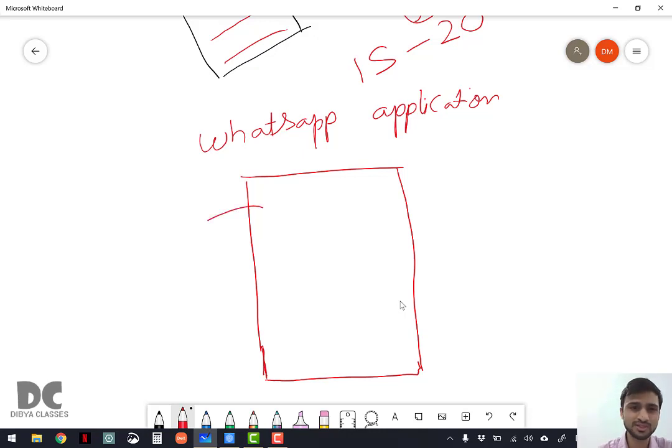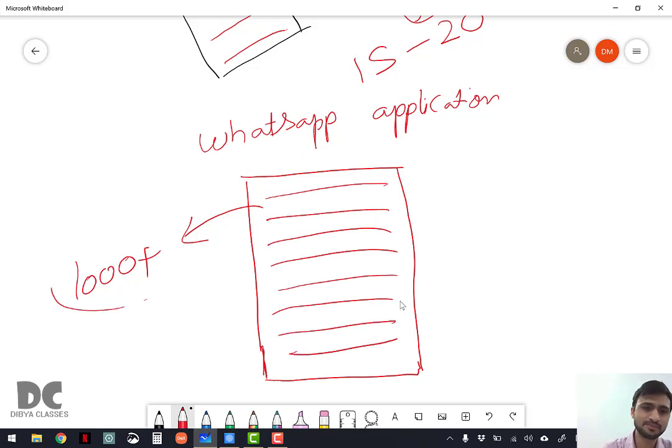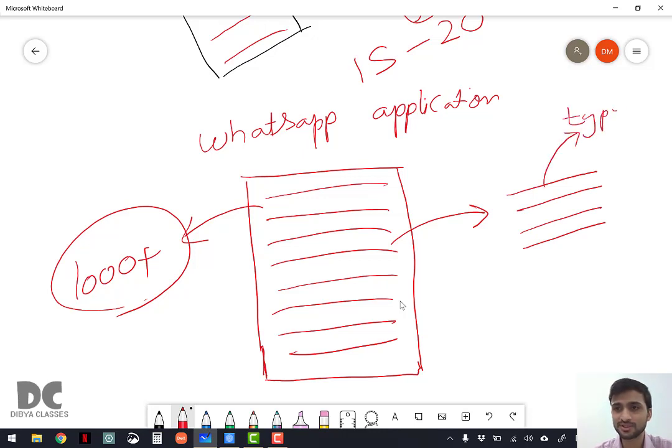No, it will be like thousands of pages. Okay, so it is a big program. So to use WhatsApp, do you need to learn this 1000+ page program? No, you just need to learn the essential features of this program. Essential features means you need to know how to type a message. How to send? You have this arrow in WhatsApp. When you click this, the message will be sent.